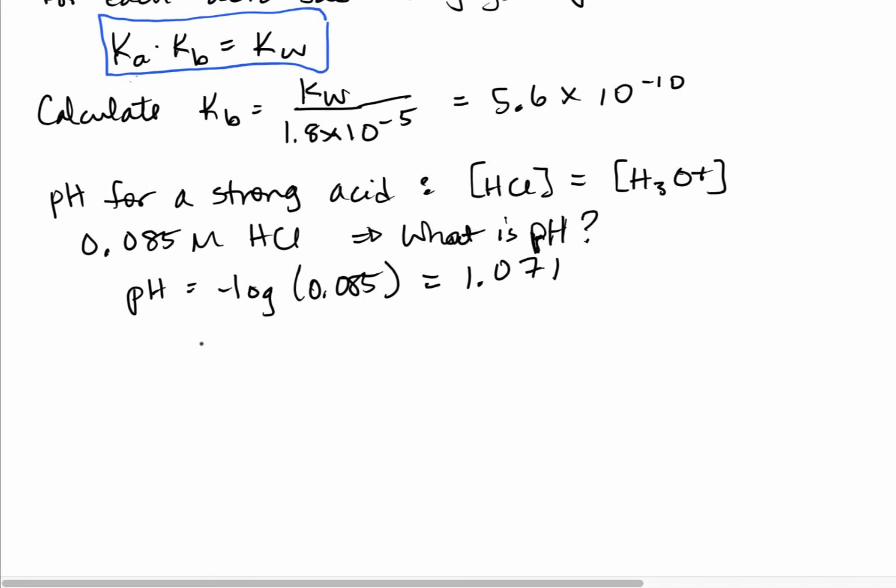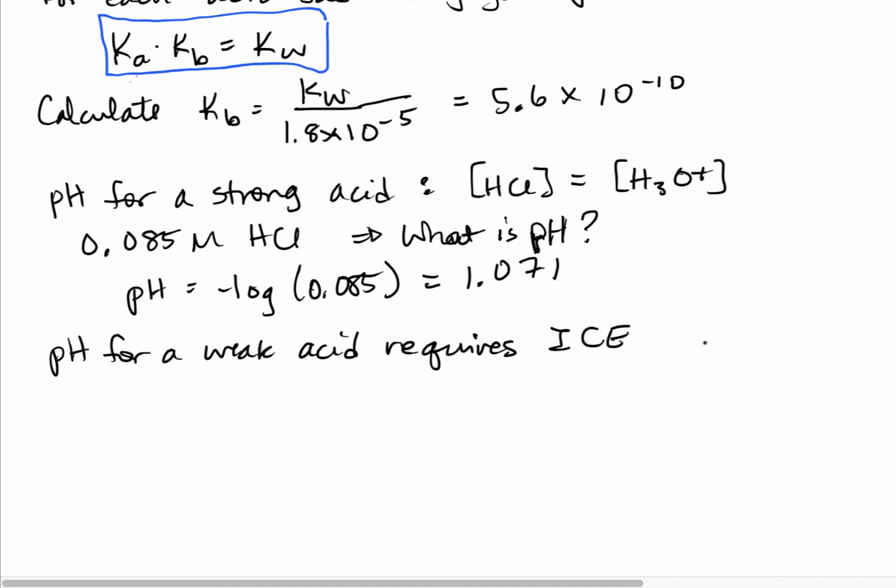But when we calculate pH for a weak acid, this requires an ICE table and the equilibrium constant expression. So let's practice this